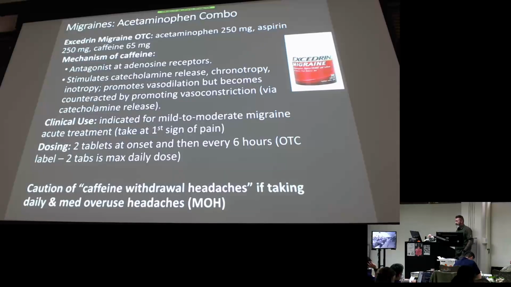And then there's the dosing there. We're not going to ask you dosing, kind of in line with all of the Pharm lectures and tests. We don't usually ask dosing unless it's something that's very specific, i.e. you must take this amount, then this amount. But I'm not going to hit you on dosing for OTC Excedrin Migraine. And you can get caffeine withdrawals, right? So just like if you're drinking it, if you're taking it in pill form, you can get that medication overuse headache when you withdraw just off of the caffeine portion of this, and also the Tylenol and the aspirin. So caution if your patient is taking a lot of Excedrin Migraine.